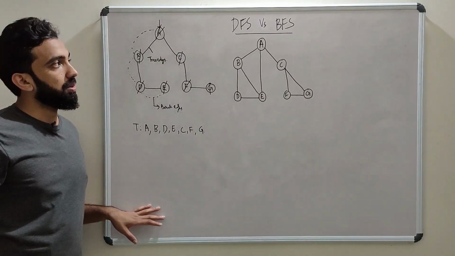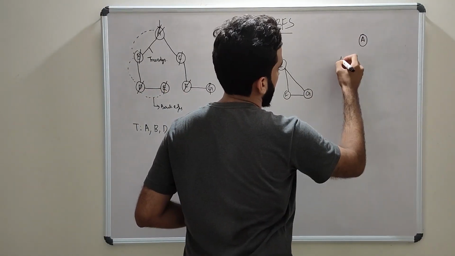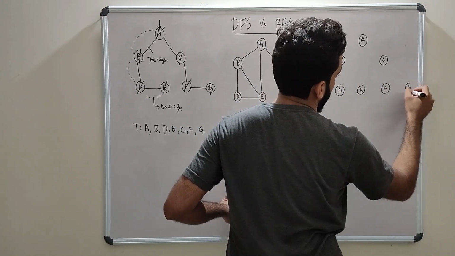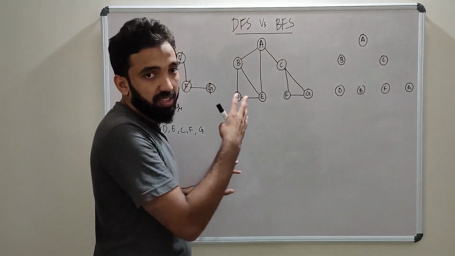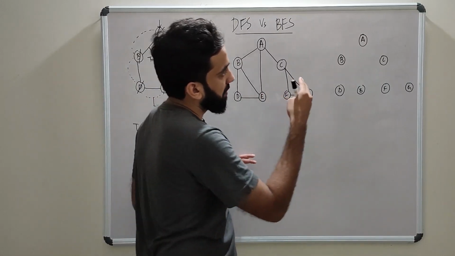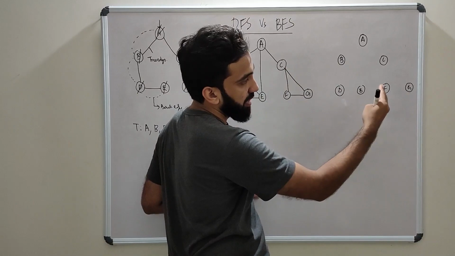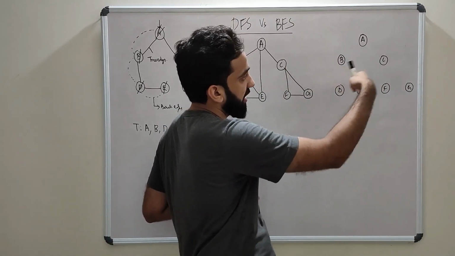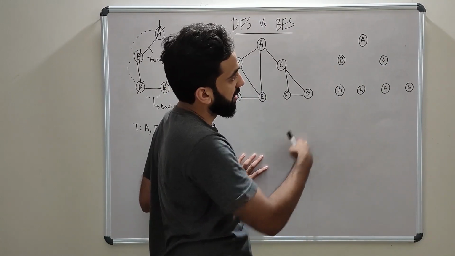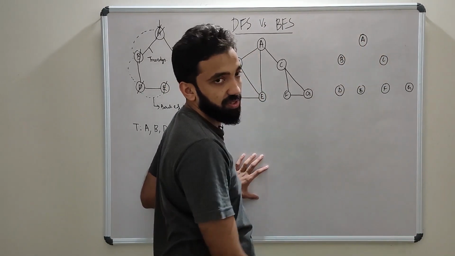Now let's look into BFS. We'll take the same example. In BFS, it goes in a broader manner. So the BFS searches for the nodes in a breadth-wise manner as long as possible. So first it will look for all the attached nodes which are not visited. Then it will go to the other nodes which are attached to the same node which is not visited.